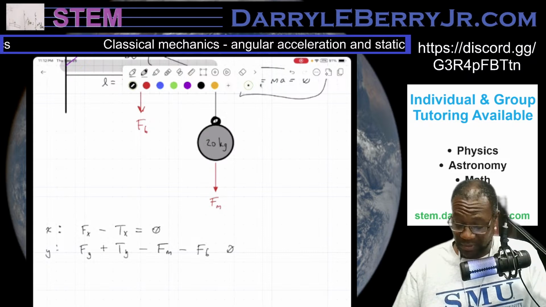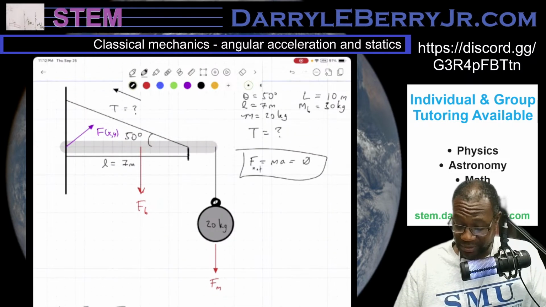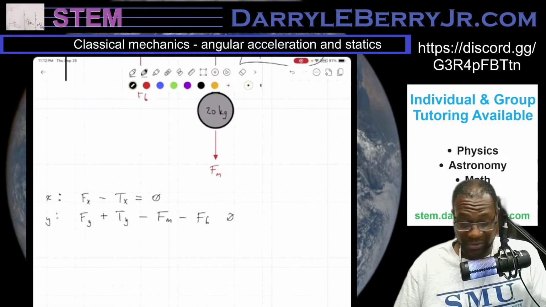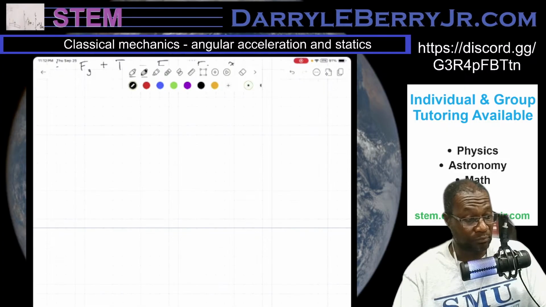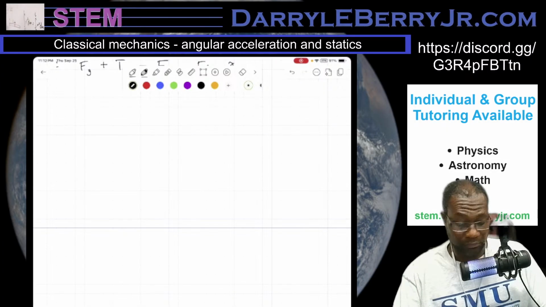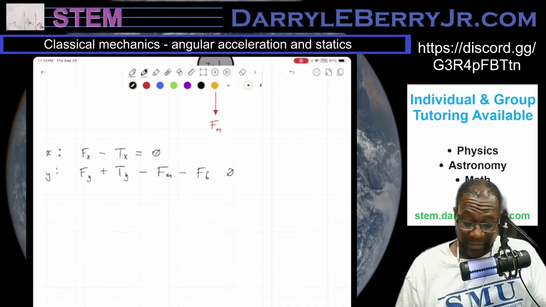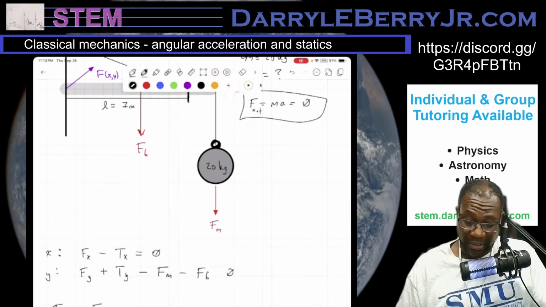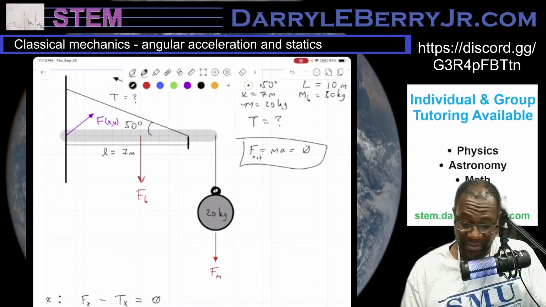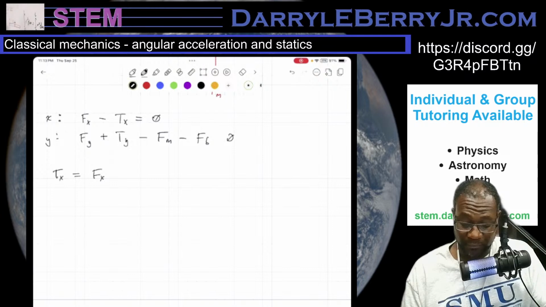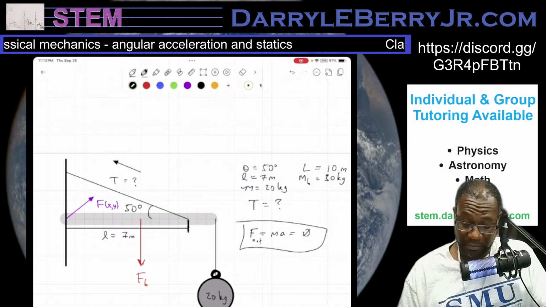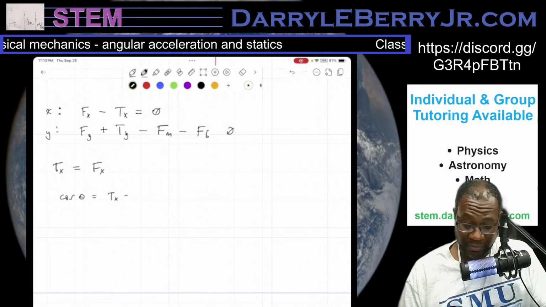But these are all the forces. And we want to find the tension force. So we're going to have to find the X and the Y components of tension. So I can say that Tx equals Fx, and the X tension will be, so basically cosine of theta equals Tx over